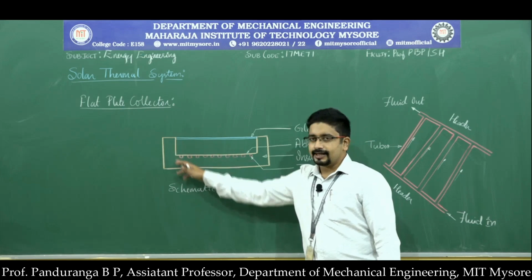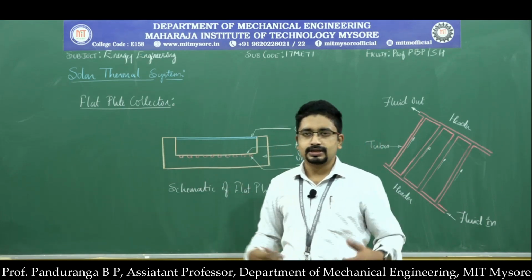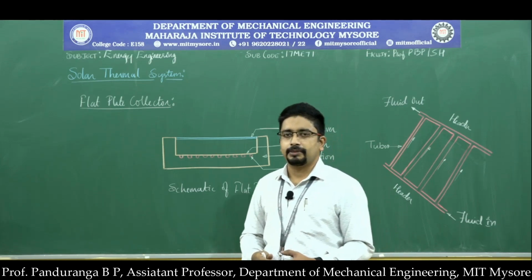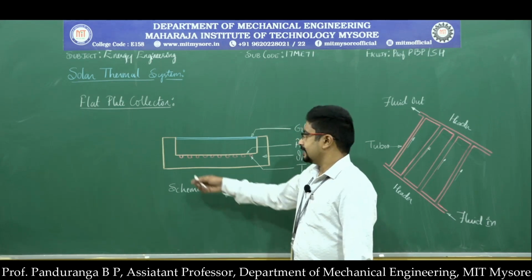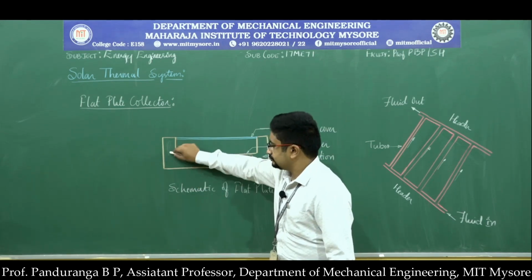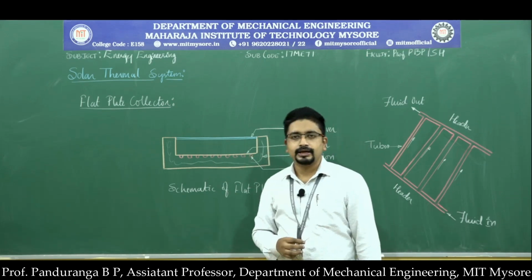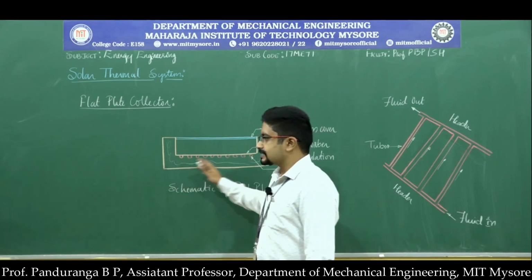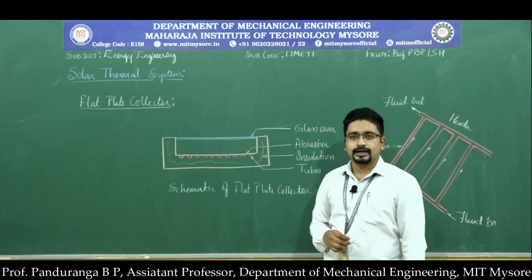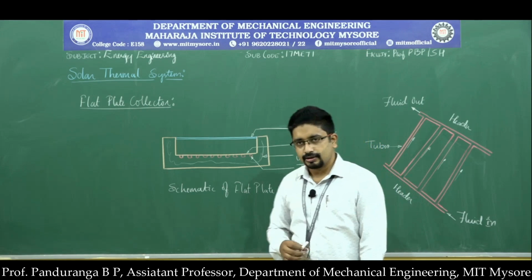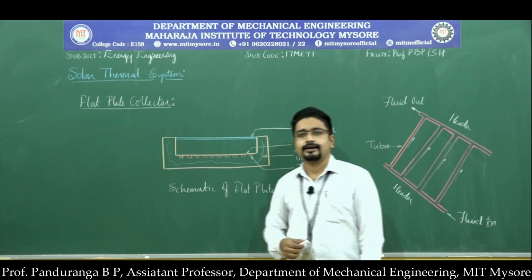It has a well insulated body. Generally the outer shell as well as the inner structure will be made of metal, maybe aluminum or steel, and then this region is well insulated. We have very good insulation on three sides. Only the top side is exposed to the sun rays. So we have insulation overall here, and then we have a glass plate.